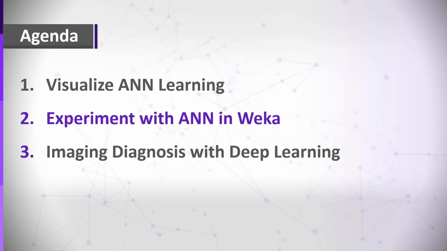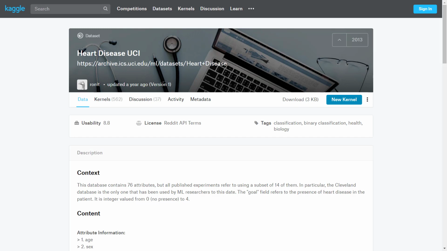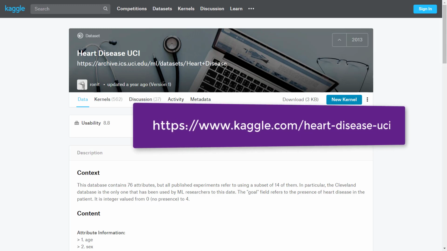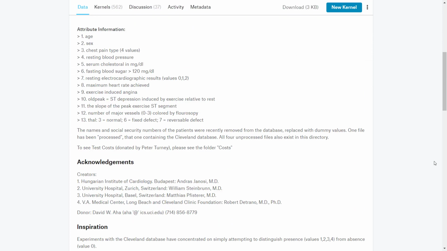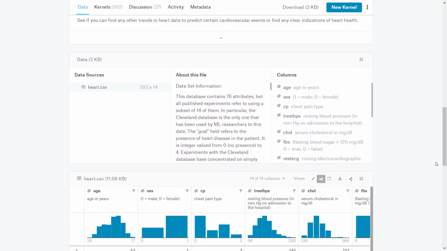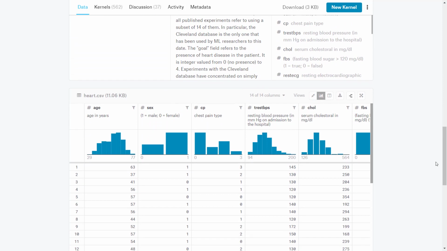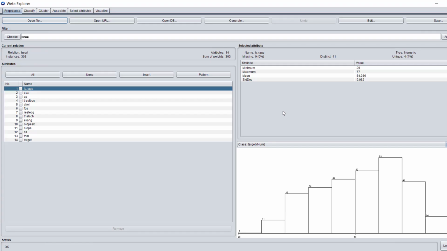Let's now see how we can make similar things on real data in Weka. For that, we will use again the heart disease UCI dataset that we also used in the last assignment about genetic algorithms. For those of you who haven't done this assignment yet, go to this address and learn about the dataset and its different attributes. This dataset is stored in CSV format, and therefore, in Weka, we must define the class label, the attribute that we want to predict, as nominal and not numeric.